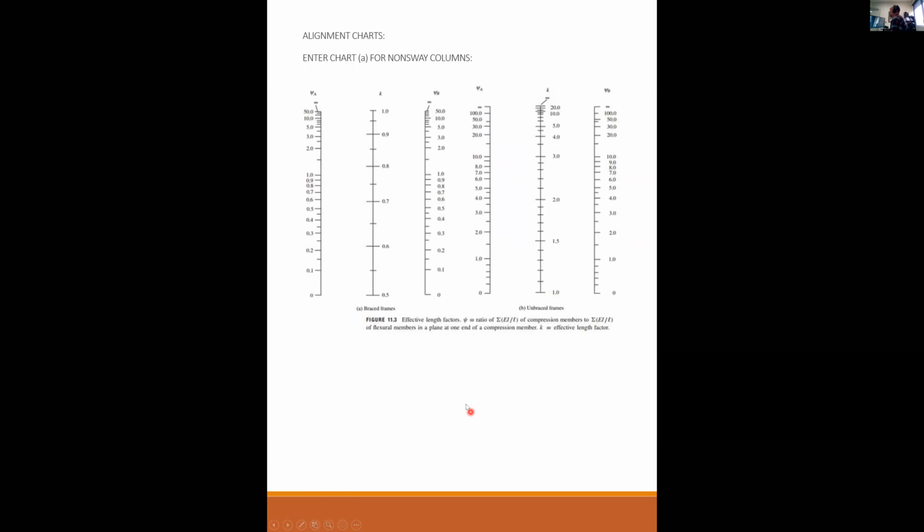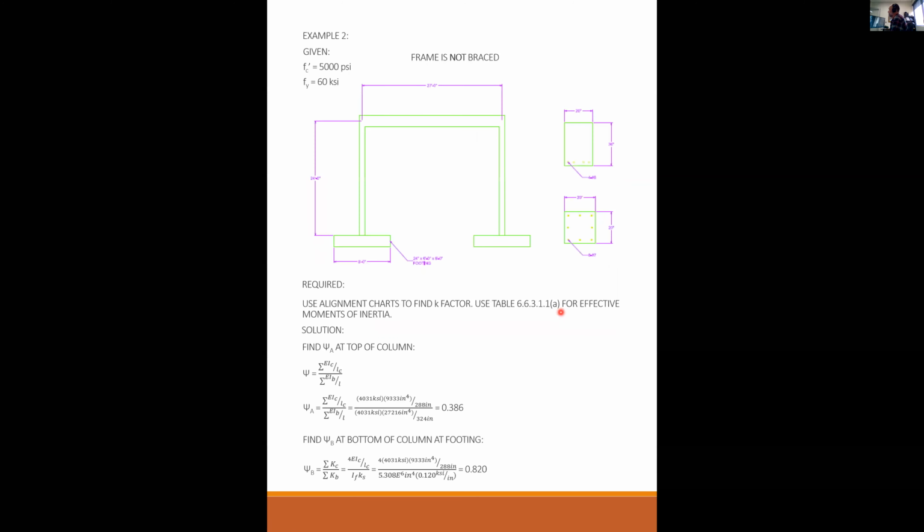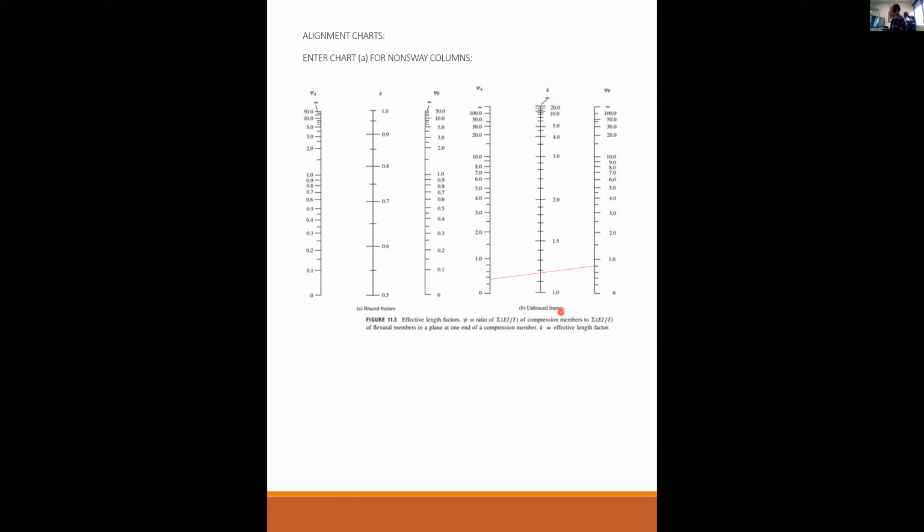But when we go into our alignment chart, now we're over here in the unbraced frames instead of the braced frame. So if I go from 0.386 to 0.82, now you see that we're over here, and we have a K factor that is just shy of 1.2 now,